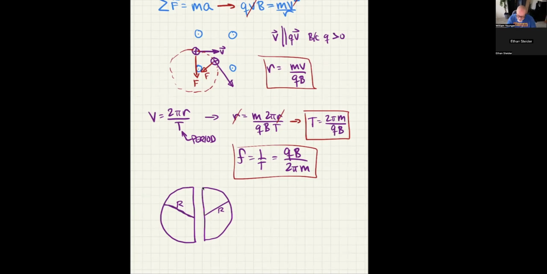And since the frequency doesn't depend on the velocity at all, what we can do is just set the frequency to the right value for the given charge and the magnetic field strength we're using. And we can start a particle going